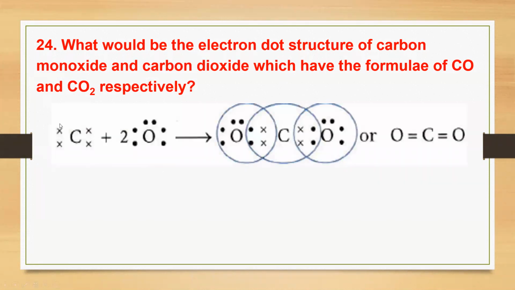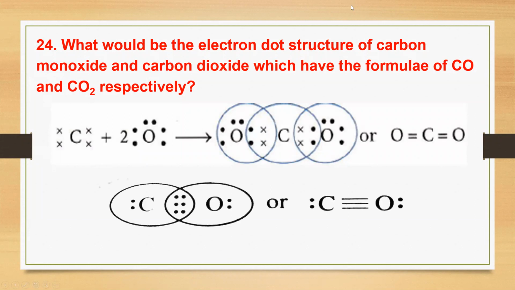Here, only the valence electrons are used to represent an element. The valency of carbon is 4, and the valence electrons will be 4 because 2, 4 is the electron configuration. Here also, 2, 6 is the valence electronic configuration. Valence electrons are 6. These valence electrons we represent on an atom. Okay, here only for differentiation, one is with a cross and one is with a dot.